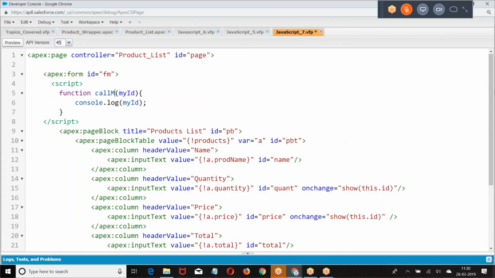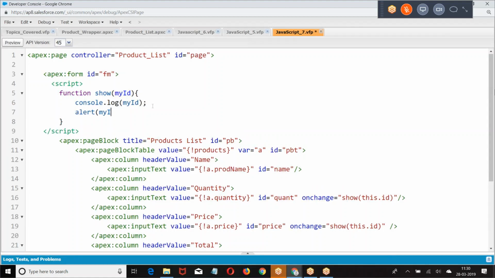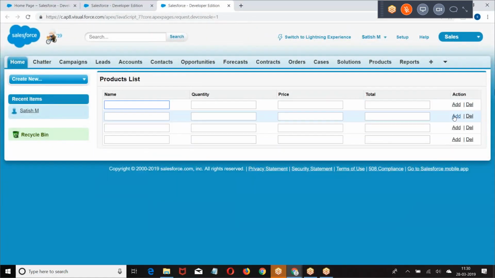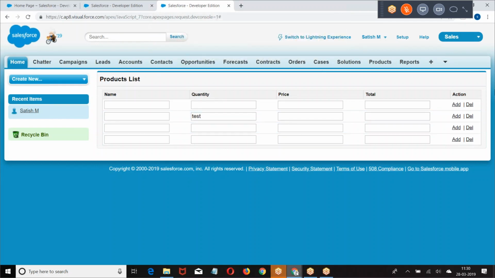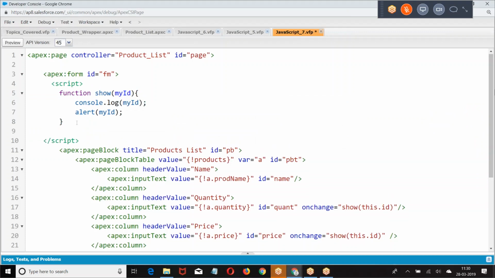Show. Let me run it again. Preview. We're getting the same ID. There's nothing wrong with this. Same thing I have given there also.